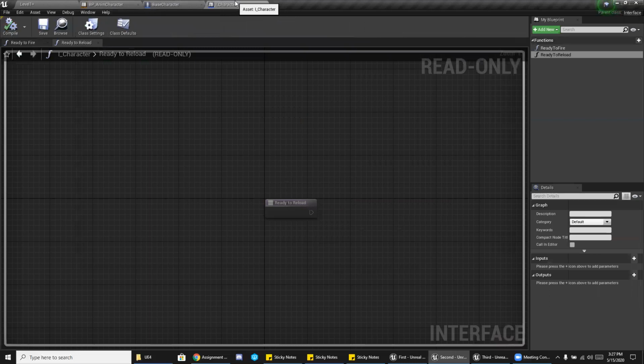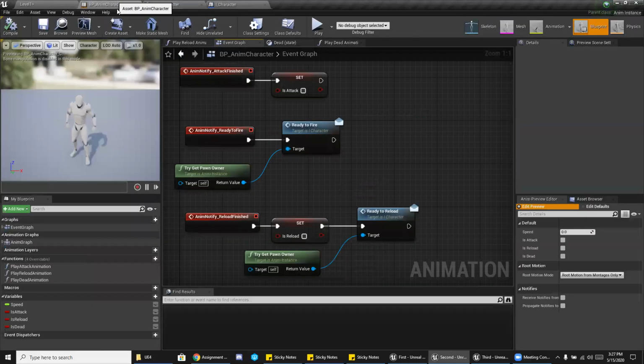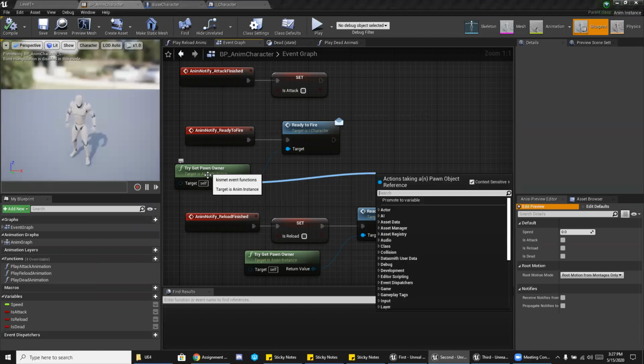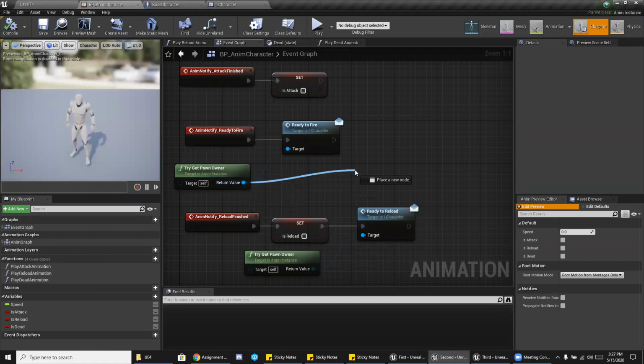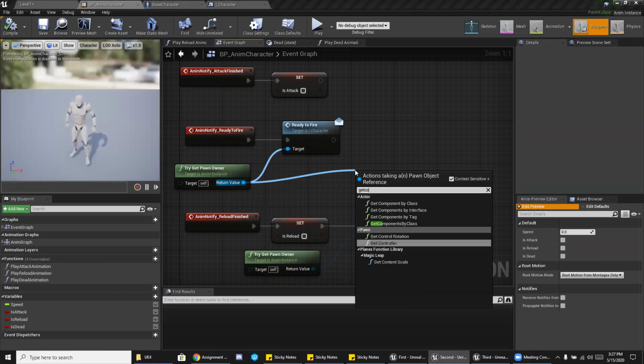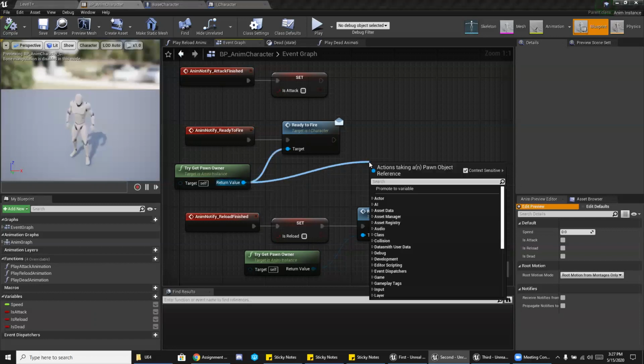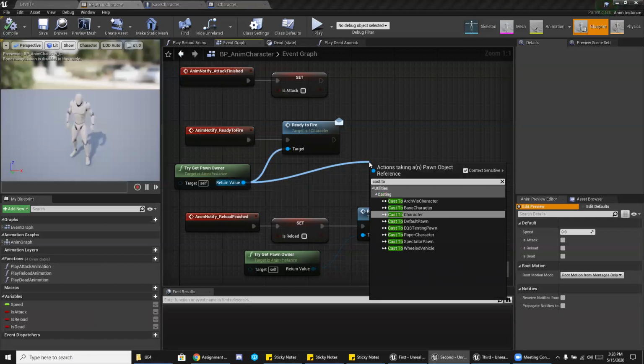It can cast down. It does what is called a downcast and gets the very specific type of that. So getting pawn, like I said, it returns pawn, and we know that this owner actually is a character and is our base character, so we can cast to it and it won't have any problems. But if I try and even access the get component, we'd have to type in by tag, by type of component, or by class, things like that, which is not a great way of doing that. And if we were to cast to our base character,